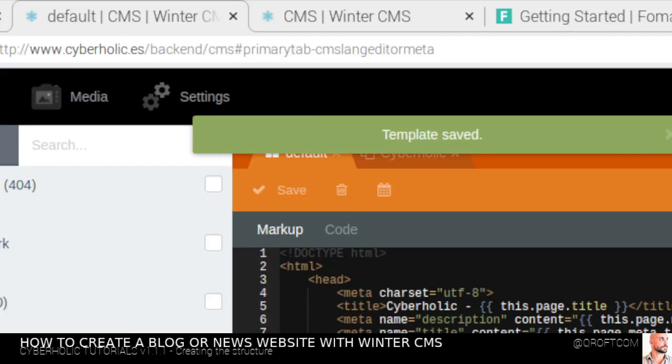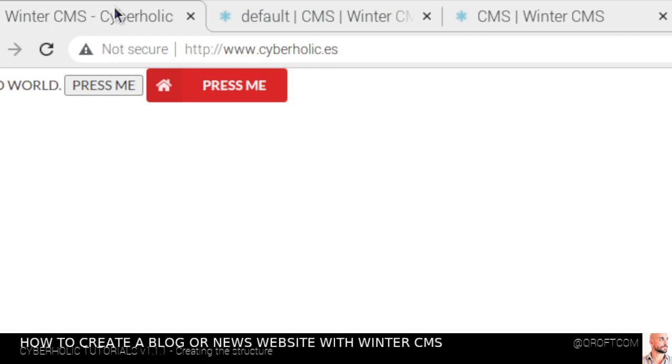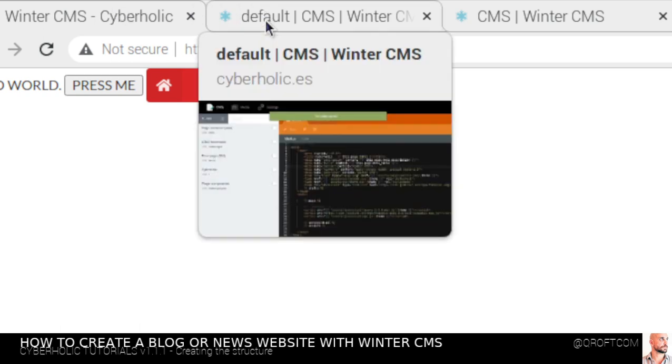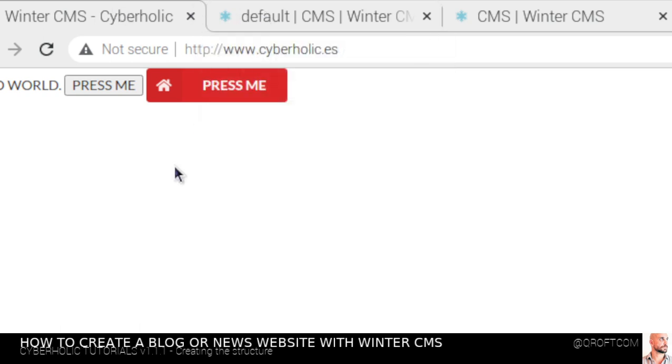Okay, so now that we have this clean page, I think the next video is going to be about the plugin, because I'm going to include the first plugin even without having designed anything on my page, because I know right away that I want to create a mobile-only website. This should be no hurdle for you. You can just ignore installing this plugin, but it might be a good way to see how plugins with Winter CMS work, how you can integrate them, and what they are capable of doing for you,